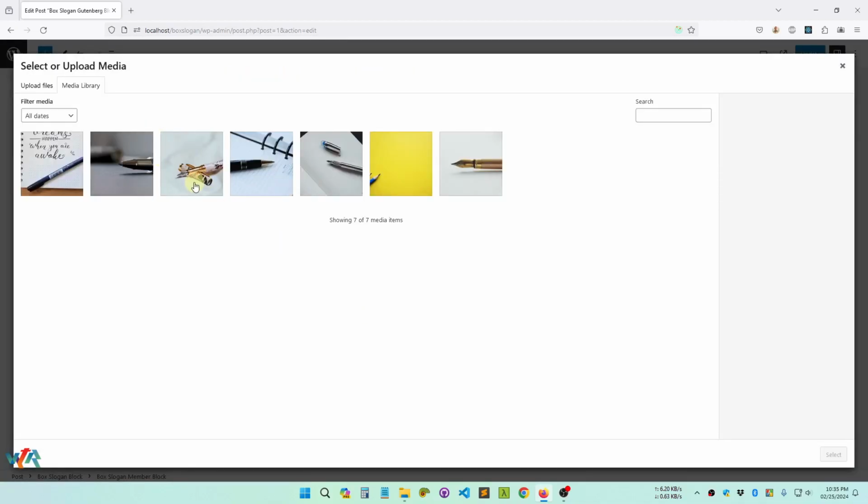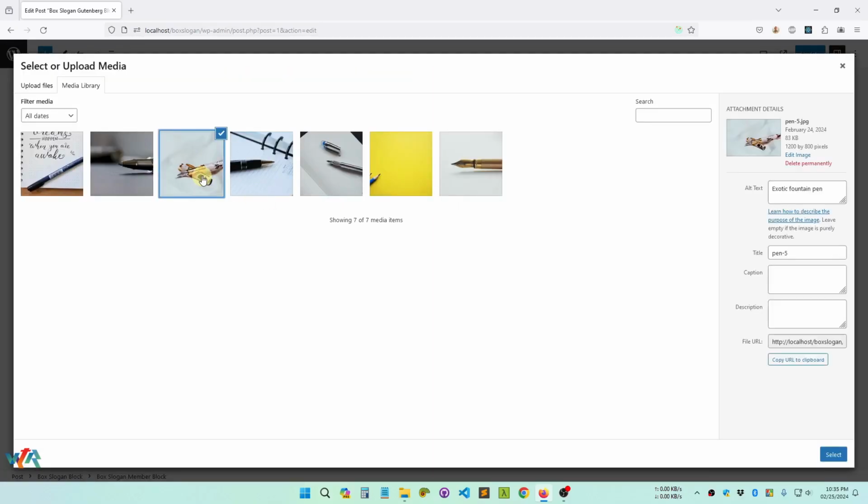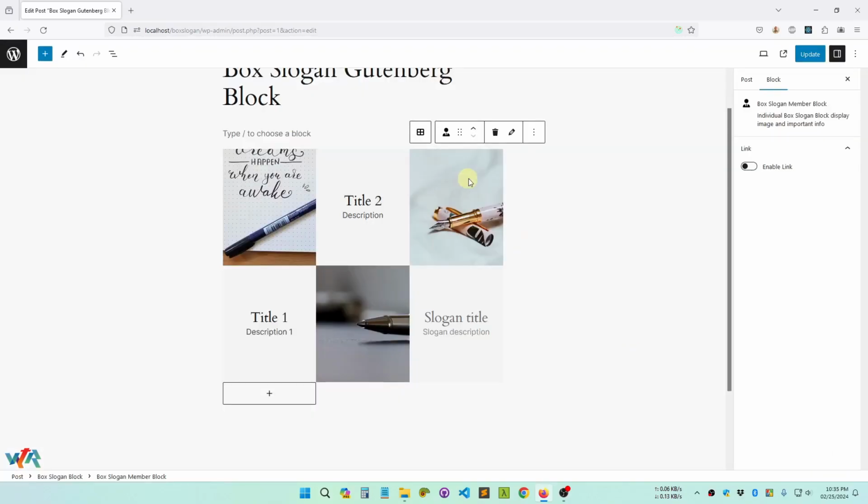Similarly, on the second block, let's choose an image and write its title and its description. Same for the third block. Let's put an image, write some title and description. Let's save it